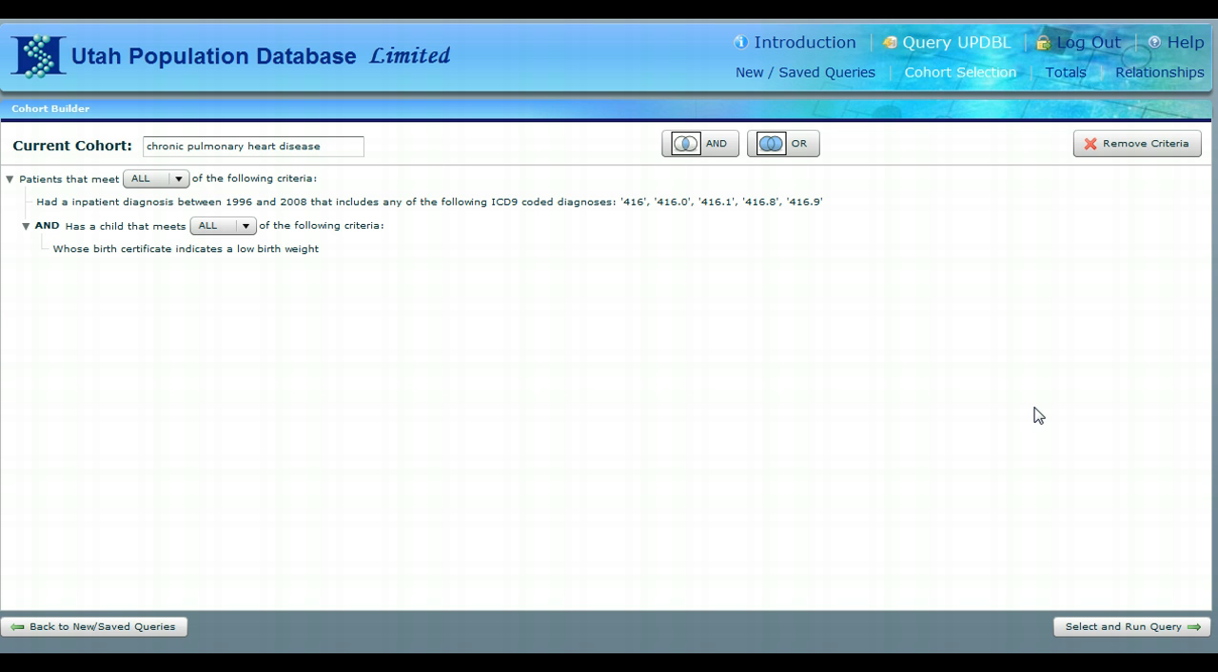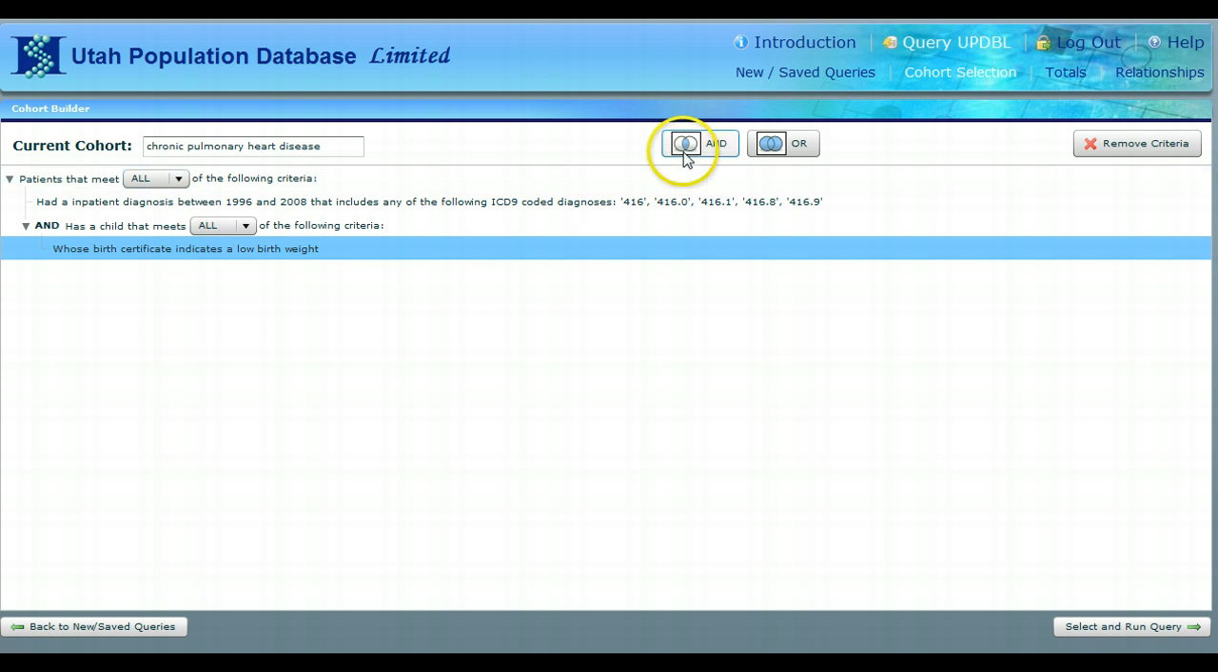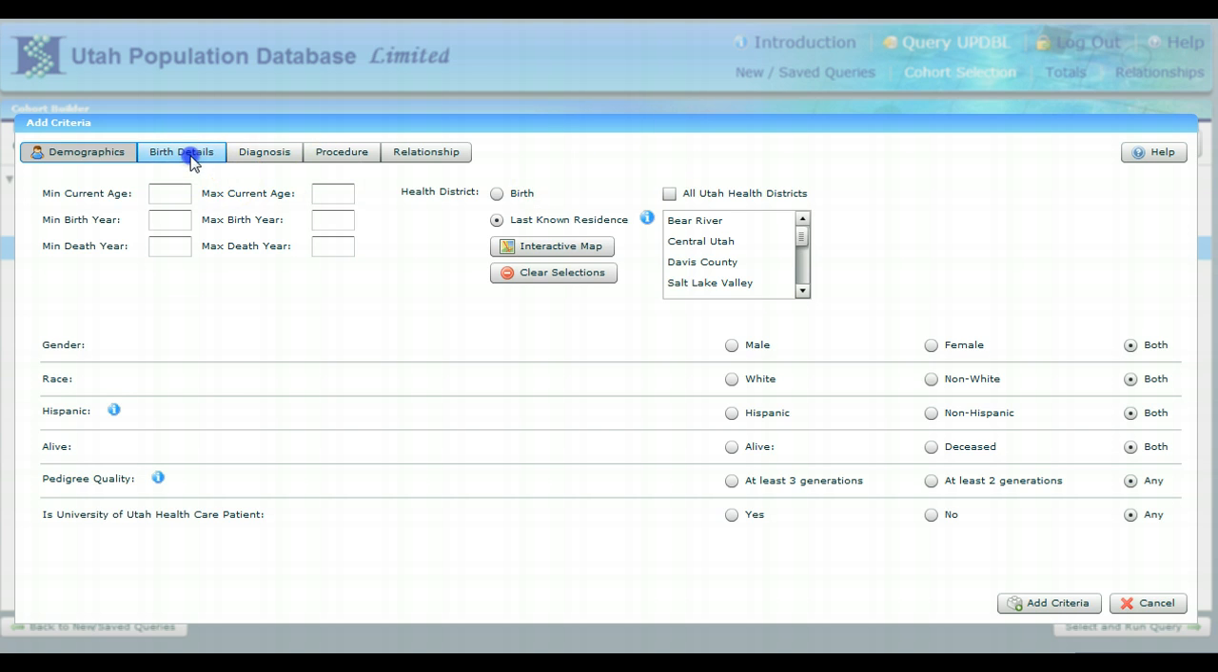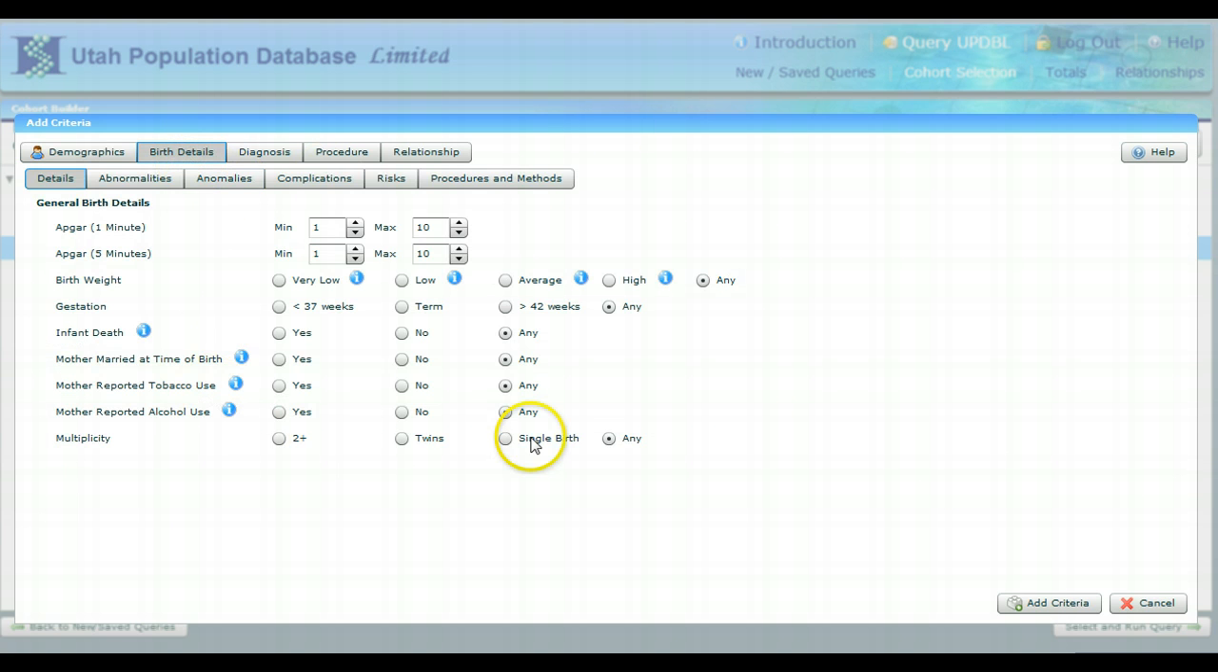This time, rather than selecting a low birth weight, I'll aggregate by birth weight so that I can view all birth weights at the same time. Also, I probably wouldn't be interested in low birth weights that occurred with twins or triplets, so I'm going to add a second criteria to these children in the birth details where it had to be a single birth, no twins or 2+. We'll add that criteria,